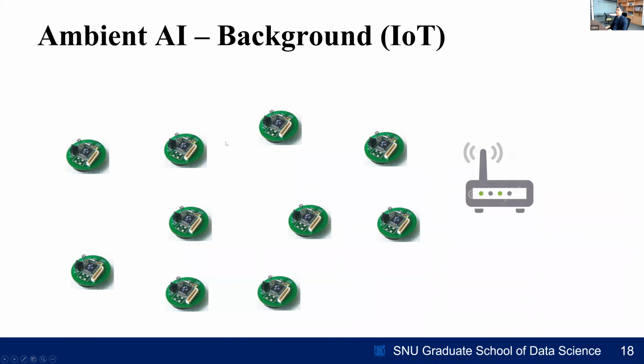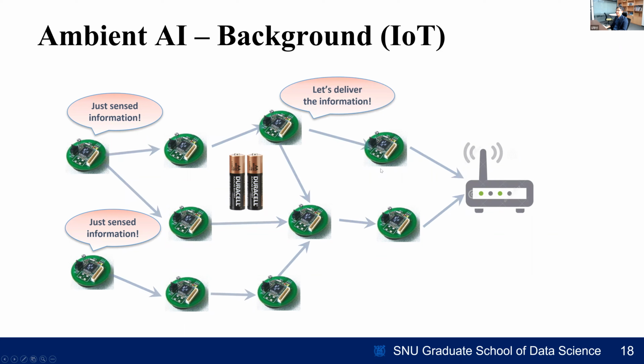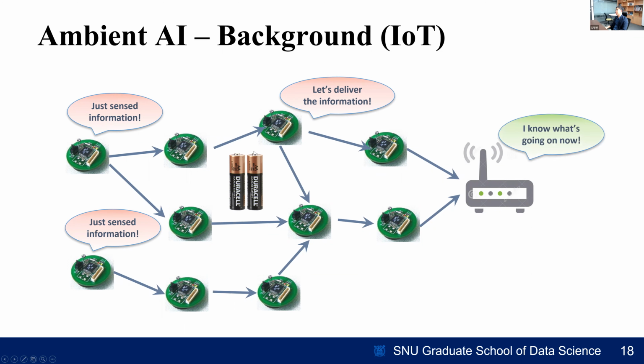And these small devices were used for gathering information, mainly, not like processing or AI computing directly, just sensing something and delivering. So basically a number of these devices are scattered in a target area. And these devices are powered by battery, AA or a coin cell. Then they are expected to sense what's going on nearby, then deliver information wirelessly to the server, and they should survive for years. So they are for remote monitoring.